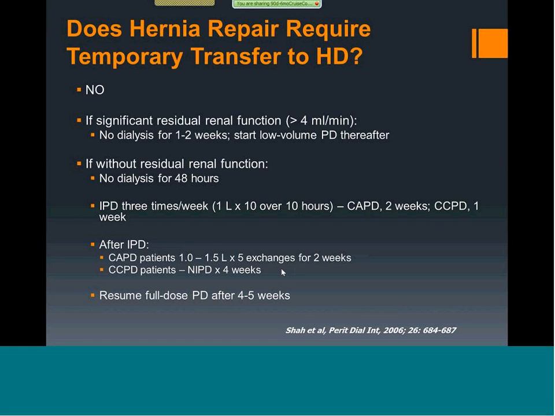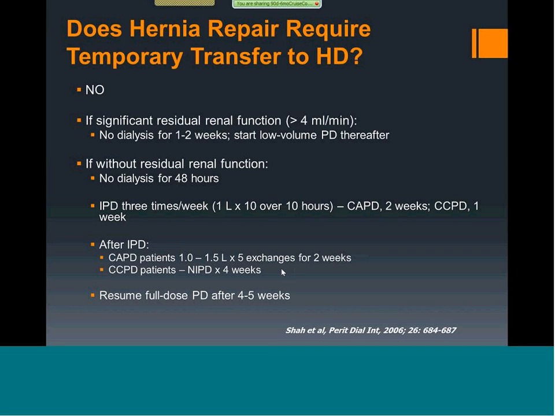Something that you can use, for example, we had a patient recently who had a patent processus vaginalis and had fluid accumulation in the scrotal sac. We had the processus vaginalis tied off. It is dealing with the peritoneum, but it's just like a hernia. We've talked about cholecystectomy and other things. You can use this protocol for a lot of abdominal procedures.